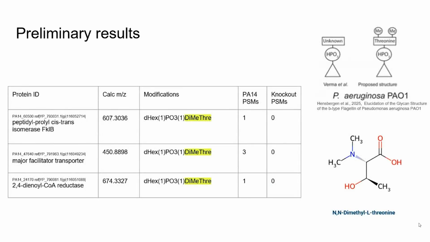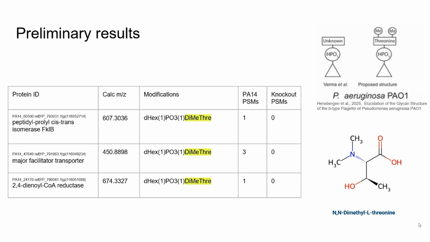Following this, the specific modification I was looking for was N-dimethyl L-threonine. This was specified by Hesenberg et al., where they took an old paper, Germa et al., who hypothesized a glycoprotein modification on B-type flagellins, and that's their proposed structure with an L-rhamnose phosphate group with a dimethyl threonine. Then my results,